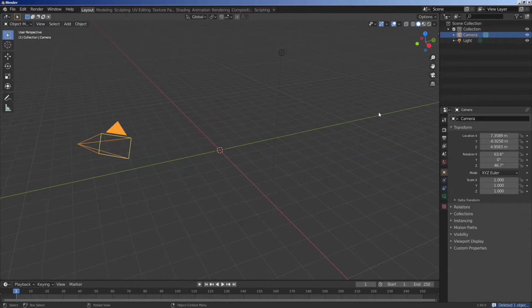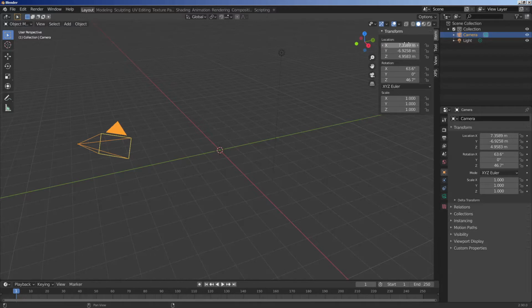And then select the camera. Click this little arrow up in the top right corner and change the camera X location to 0 and its Z rotation to 0. Change the camera's X angle to